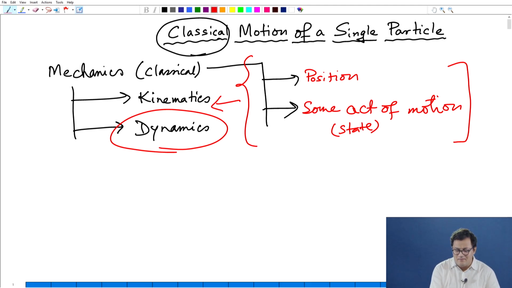So, for dynamics I need something else other than position and the attempt of motion of the particle, okay? And that creates something which we know as a force, okay? And that is why this is the part which basically comes through what we know as Newton's laws of